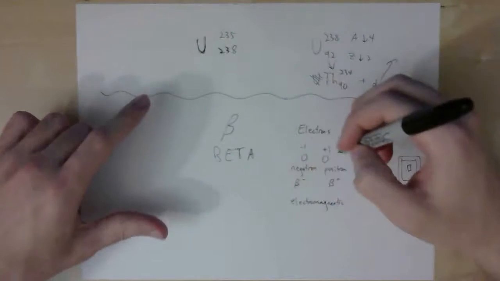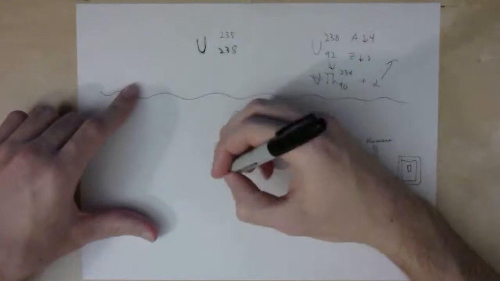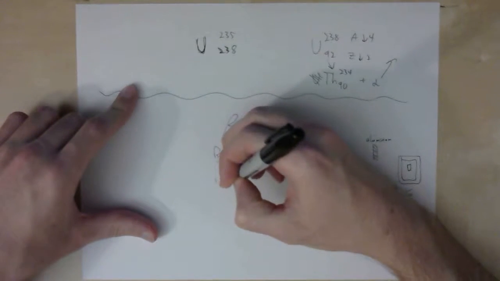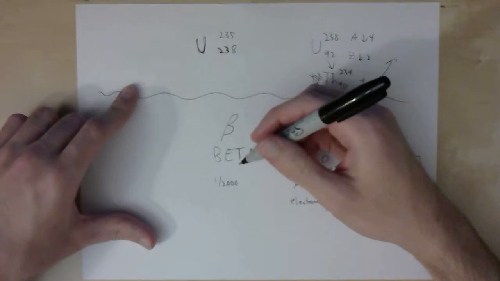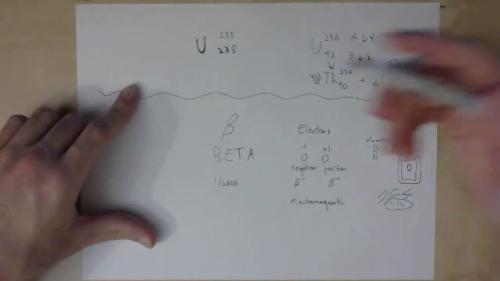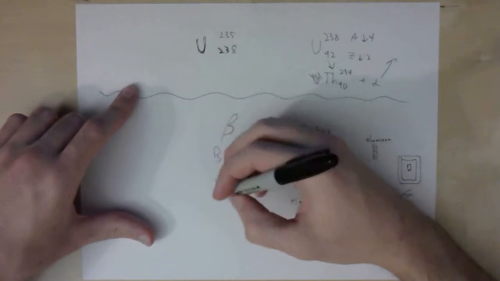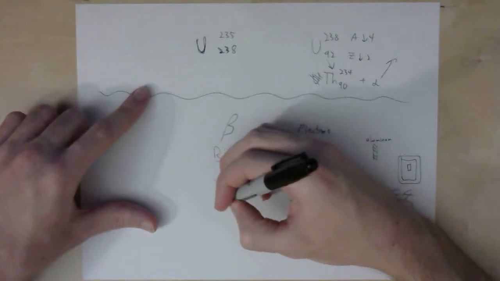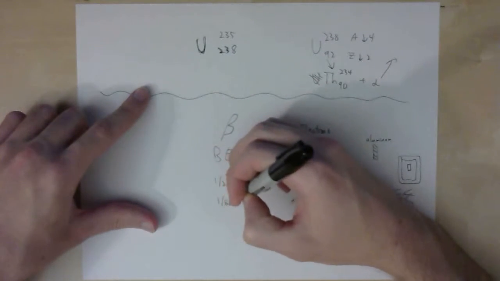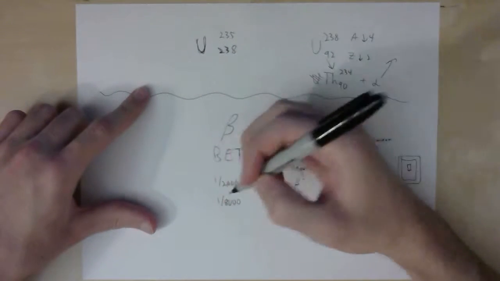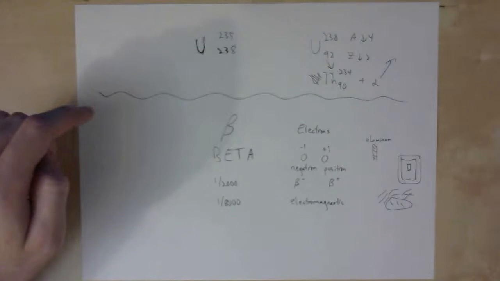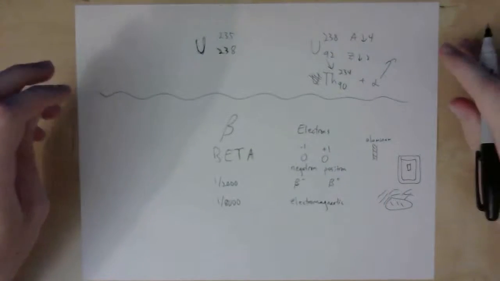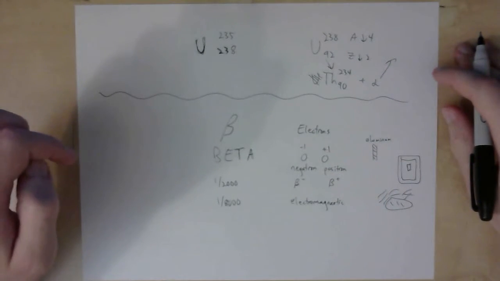And that is because the beta particle is the electron. Like in that other video, we said an electron is 1/2000th the mass of a proton. Well, an alpha particle has 4 protons, basically. 2 neutrons, 2 protons, which are about the same in mass. So that means the beta particle is 1/8000th the mass of an alpha particle. So yeah, it doesn't have as much raw punch in terms of damaging DNA or something like that, but